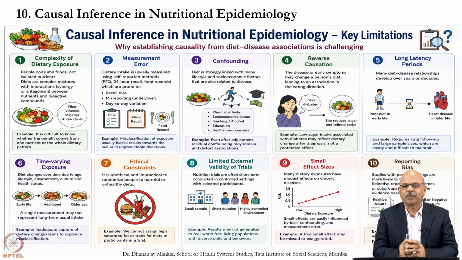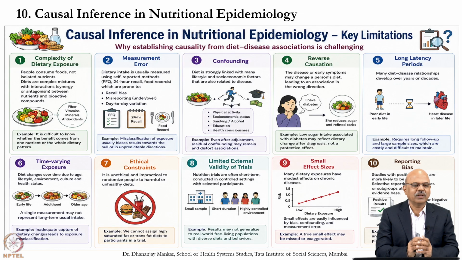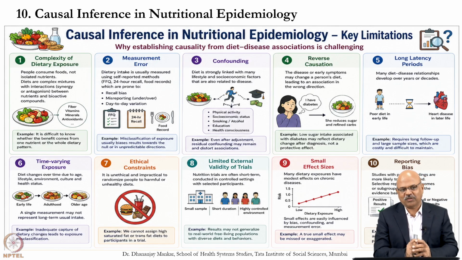A long latency period requires a long follow-up or a large sample size, which are costly and difficult to manage. So long latency is also seen as a limitation. Time-varying exposure: inadequate capture of dietary changes leads to exposure misclassification. Ethical constraints: if it is unethical or impractical to randomize people to a harmful or unhealthy